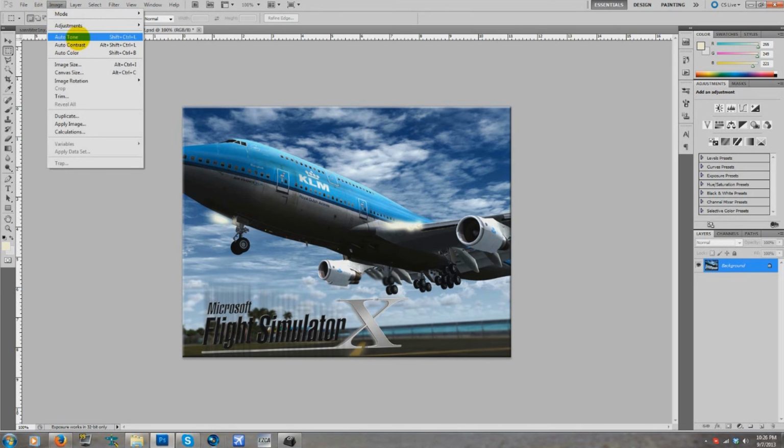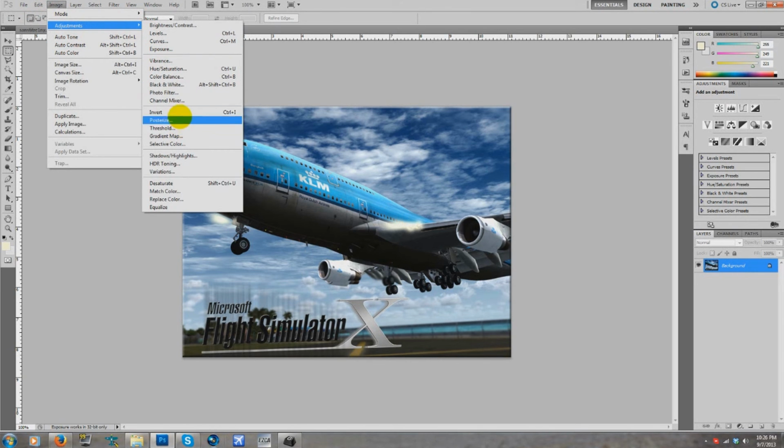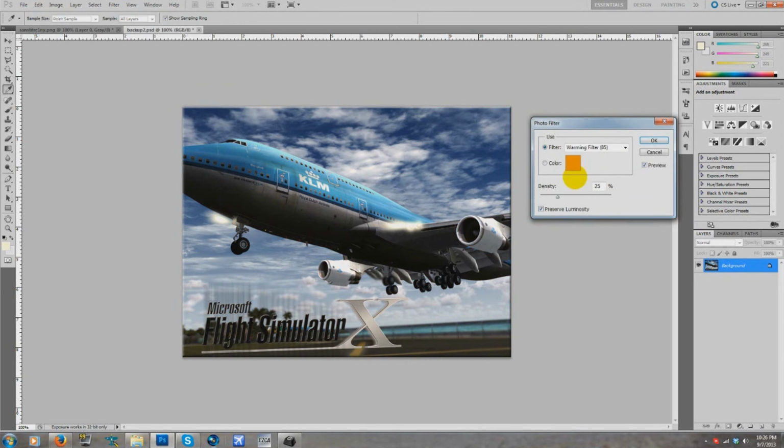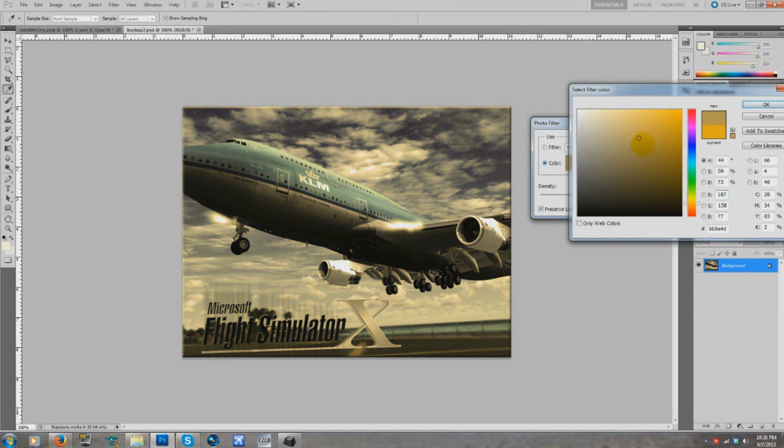Alright, so I'm gonna go to Image, Adjustments, and then Photo Filter here. You have some nice choices here. Warming filters, that's the one I'm gonna choose, but again, you have a lot of options. So I'm gonna go with this one right here. It matches my lights a little. And the more density you add, the more it goes up. And again, you can choose color here too if you want to do a custom color,